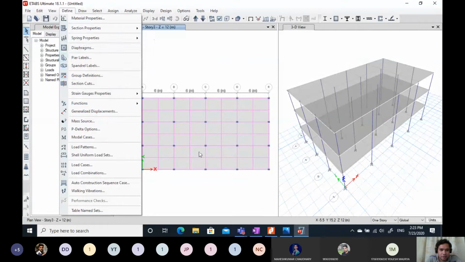If you don't define strips, the software will automatically consider strips by default, and the reinforcements will be calculated for those strips. So here we will provide strips.